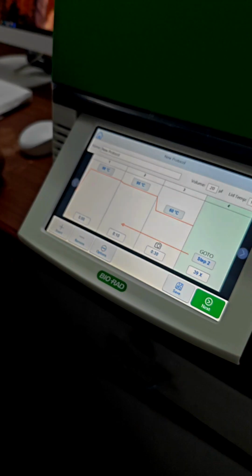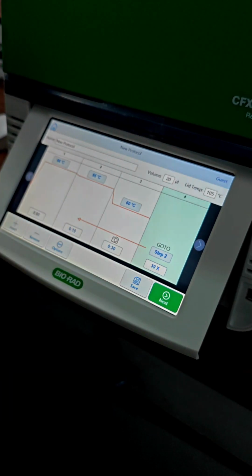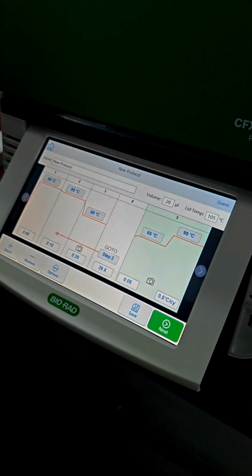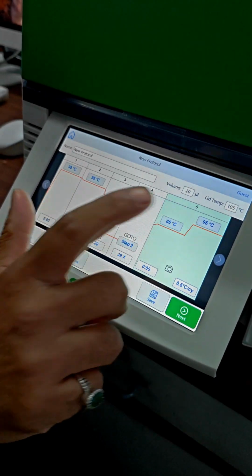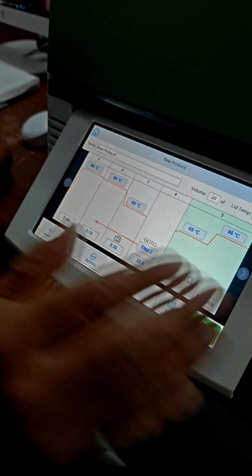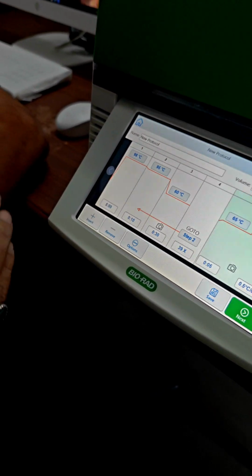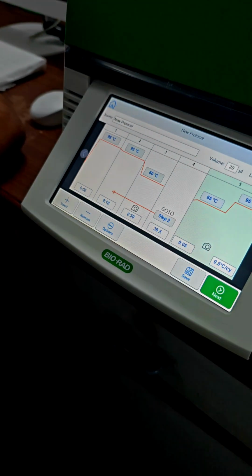So with dye based, at the end you have to have a melt curve, right? Yes. So you have two options after this. You can go to insert, and you can see there is an option of melt curve. You can set the initial and the final temperature. This is standard, so probably you don't need to change anything. And it shows how it is changing: 0.5 degree. If I'm starting from 65, next it becomes 65.5, then 66, then 66.5. In that way, it will go till 95.